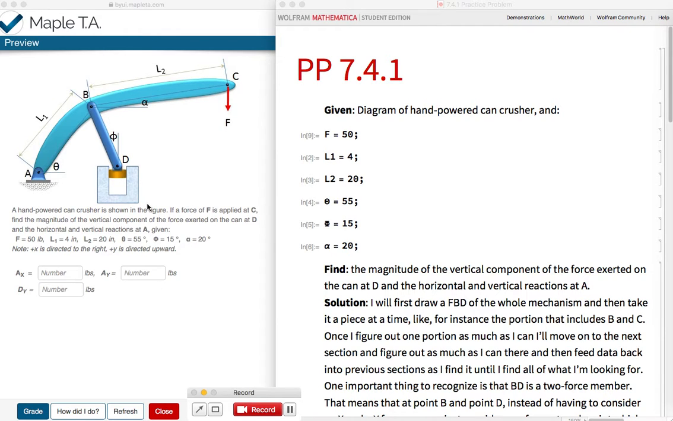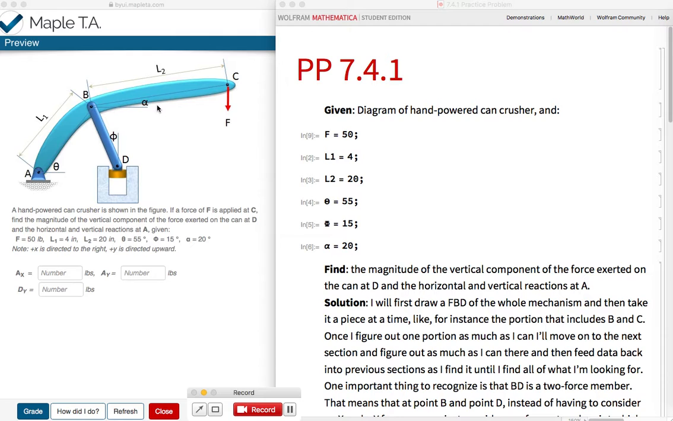And they give us a few things. They give us the force applied at C. They also give us length 1 and length 2. And these angles: they give us theta between the horizontal and AB, and phi between the vertical and BD, and alpha between the horizontal and